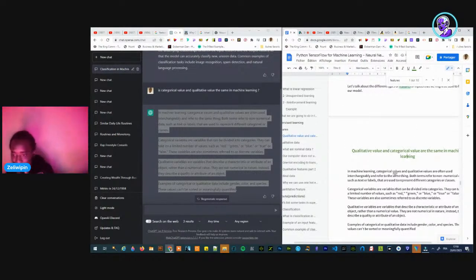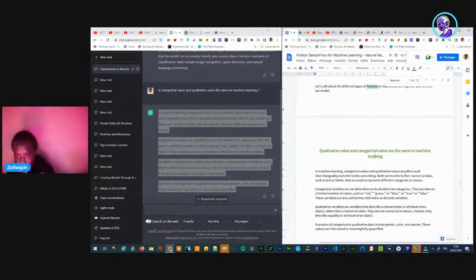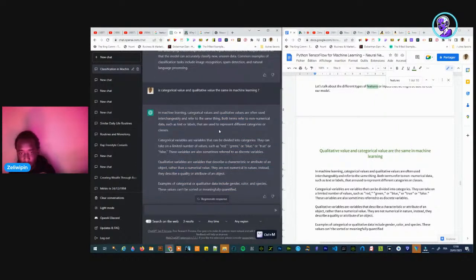In machine learning, categorical values and qualitative values are often used interchangeably and refer to the same thing. Both terms refer to non-numerical data such as text or labels that are used to represent different categories or classes. Categorical variables are variables that can be divided into categories. They can take on a limited number of values such as red, green, blue, true, false.